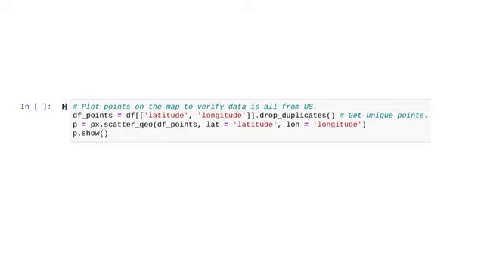The package is designed to keep runtimes as low as possible. To plot these latitude and longitude points on a map, we use the scatter geoplot from Plotly Express. Within the argument field, we'll fill in the proper parameters for a scatter geoplot. In this case, we'll first input the data frame name df_points, followed by first lat for latitude, then lon for longitude. And the last code is to show the scatter plot.